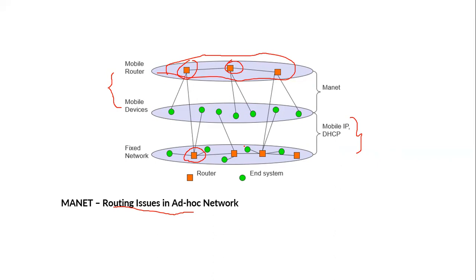Routing is not limited to only layer 3. In some cases, routing may come to layer 2 also. For example, Bluetooth offers forwarding or routing capabilities in layer 2 based on MAC address for ad hoc networks. Similarly, there are several other algorithms where routing takes place at layer 2.